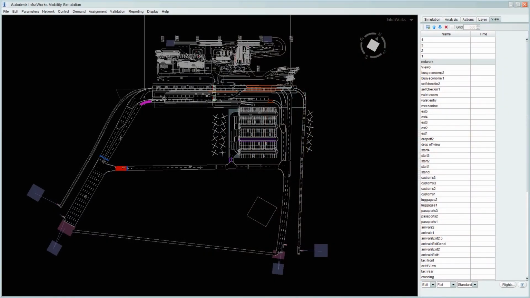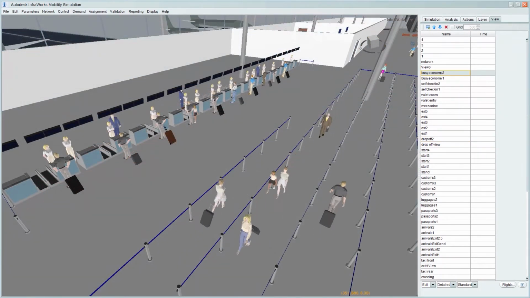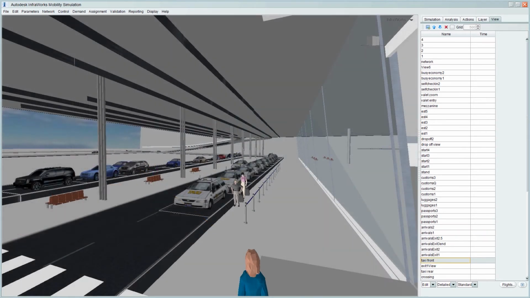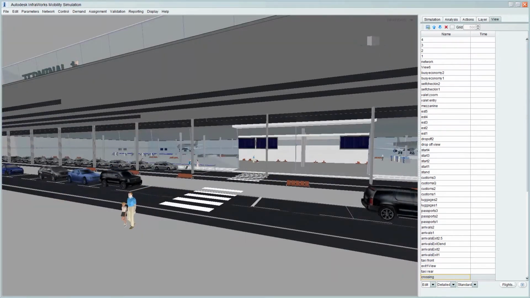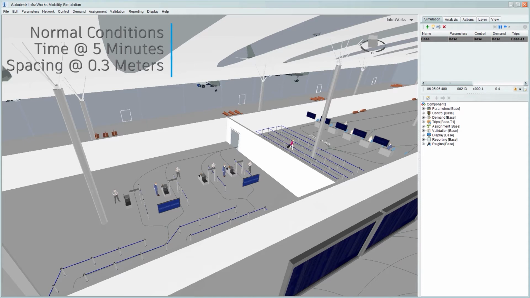Some of you may have seen this example earlier in the course. In this case, we're going to use it to demonstrate how we can simulate and identify the different effects of different measures taken to mitigate COVID-19. We're going to look at the departures area in this airport and look at three different conditions at various timings. Firstly, normal pre-COVID conditions, then physical distancing implemented only, and then lastly, physical distancing and infrastructure changes implemented.